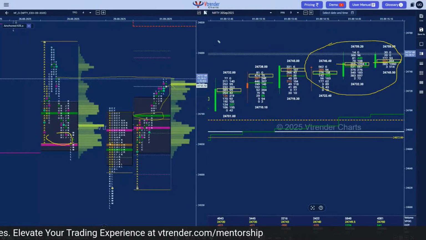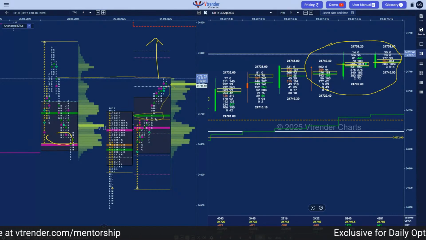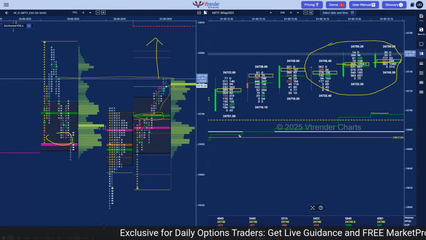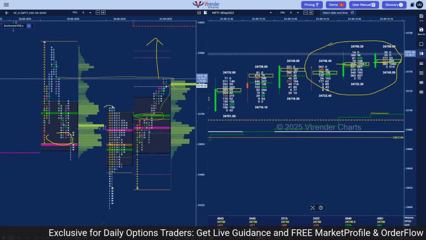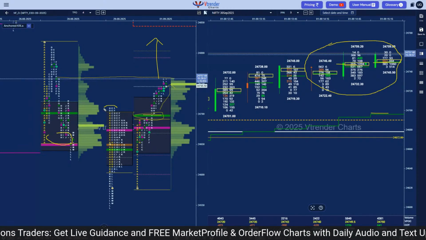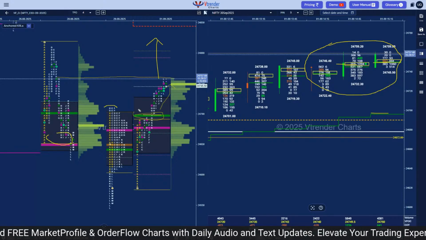If we are above it, then we are looking for upside. And today, because it's a double distribution day, this VWAP would be an important reference, which is around the 24700 level. So 24710 in futures was a failed auction. Same thing as we saw in the spot, the failed auction is now negated and we are above this.